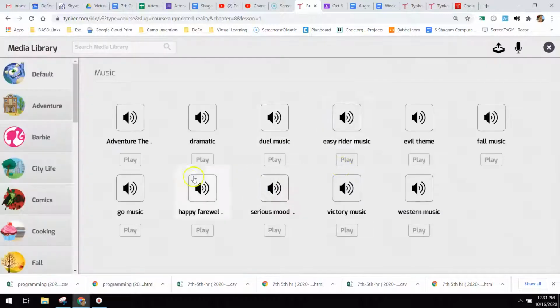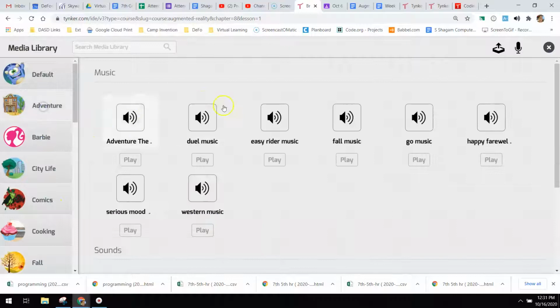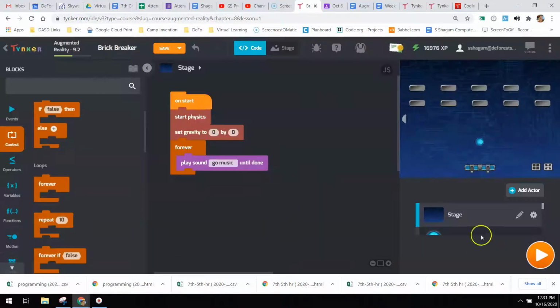And pick a sound that you want to use. There's all sorts of music in here. There's different things in each of these. You can pick some adventure sounds, whatever it is that you want to put in for your music, then it'll